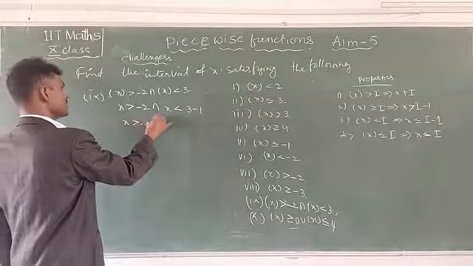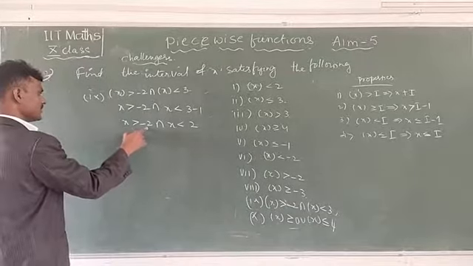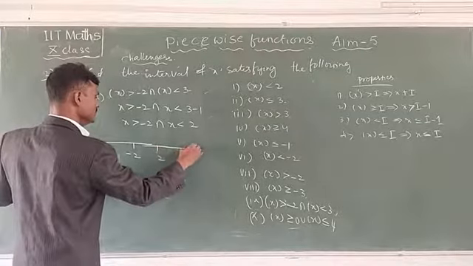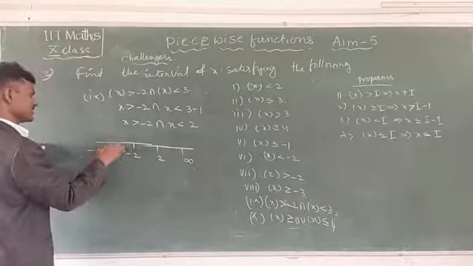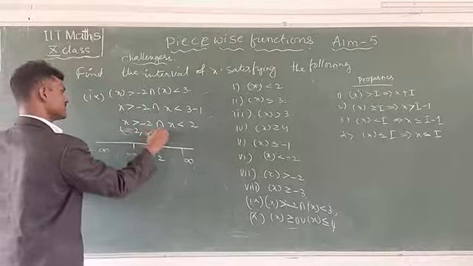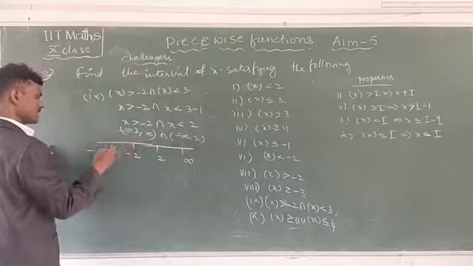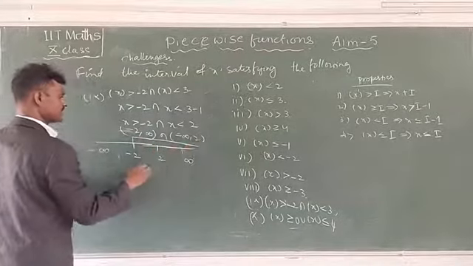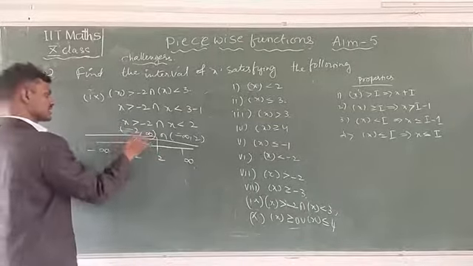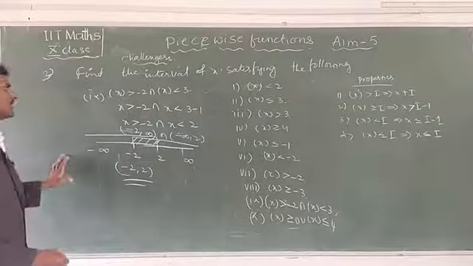x is greater than minus 2, intersection x is less than 2. That means, here this is minus 2 and this is 2, and this is minus infinity to plus infinity. Here minus 2 to plus infinity, intersection, here 2, minus infinity to plus 2. Now see here, minus 2 to plus infinity, and minus infinity to plus 2. Then the common part is the intersection. Common part here: minus 2 comma plus 2. This is the answer. Ninth one.